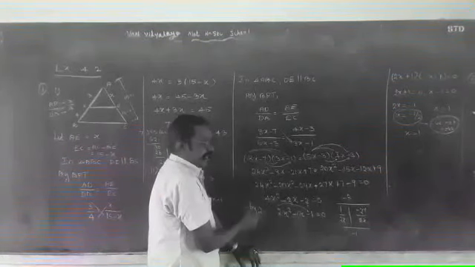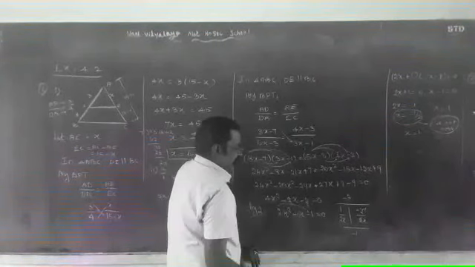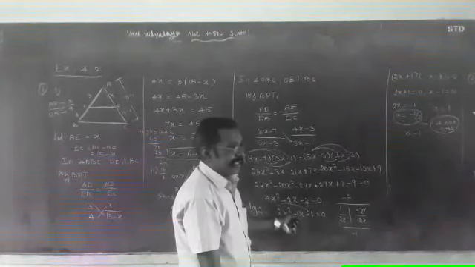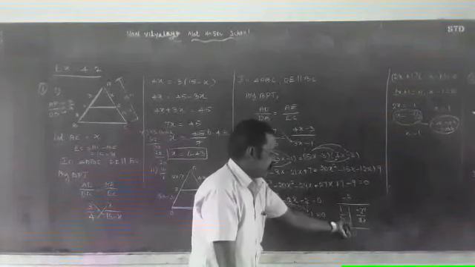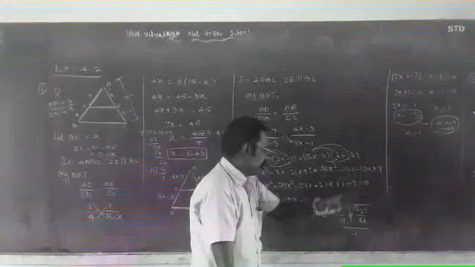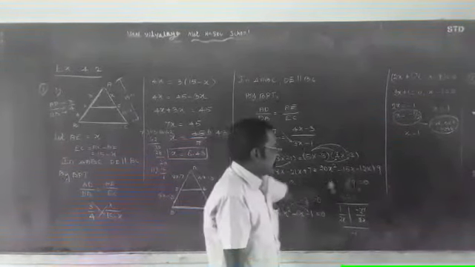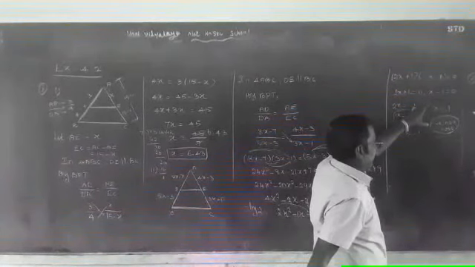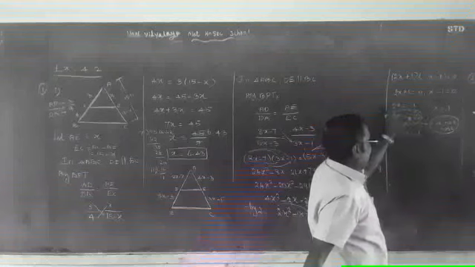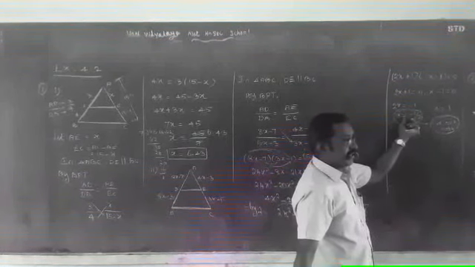Both terms divided by 2: x squared minus x minus 1 equals 0. Factorize: the product of the two numbers equals minus 2, the difference of the same numbers equals minus 1, and the numbers are 1 and 2. The factor is 2x plus 1 into x minus 1 equals 0. 2x equals minus 1, x equals minus 1 by 2, x equals 1. The negative value is not possible.